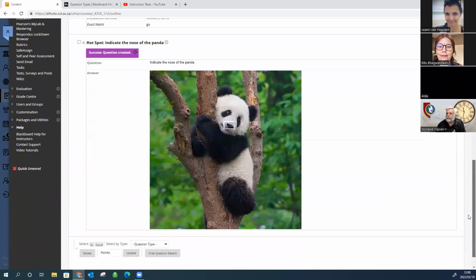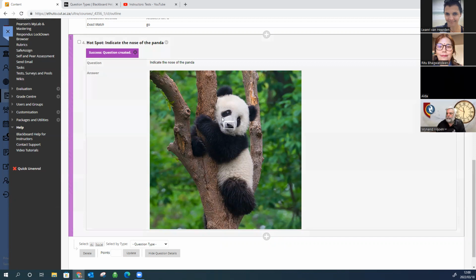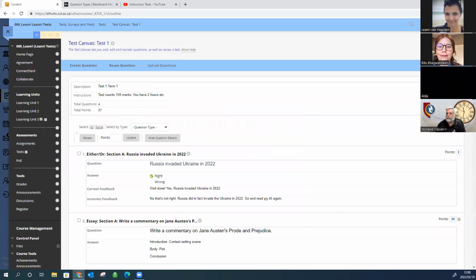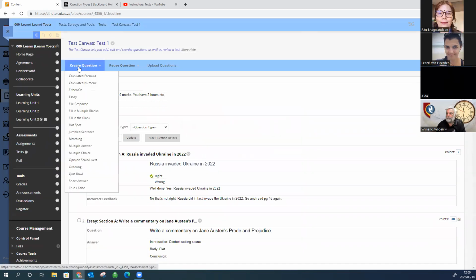And now you've got a hotspot question. Obviously, you won't ever want them to identify the nose on a panda, but maybe this will be handy for you, especially those of you in health sciences and life sciences. If you have schematics, you want them to identify certain things, or maybe an X-ray, and they need to identify a part or something like that. Okay, next one we're going to do is